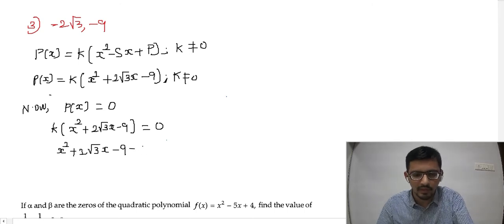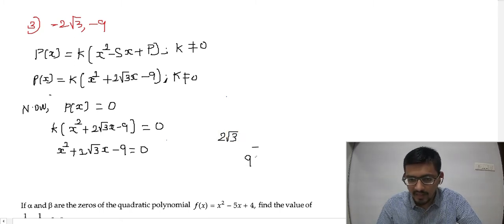Now what you have to do? Splitting the middle term. How to split the middle term? What is the procedure? First you have to focus on the first term coefficient, which is 1, and the last term which is 9, so 9 ones are 9. The sign of the last term is minus, and the coefficient of the middle term is 2 root 3. So what you will say: factors of 9 whose subtraction is 2 root 3. We know that 3 threes are 9, we can write, but you have to factorize such that the subtraction gives 2 root 3.